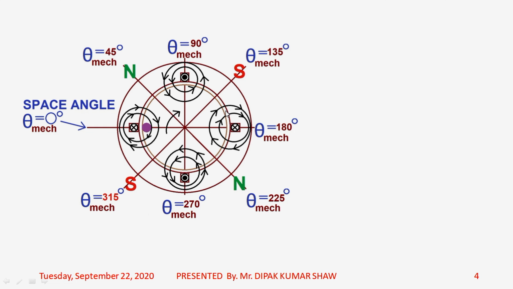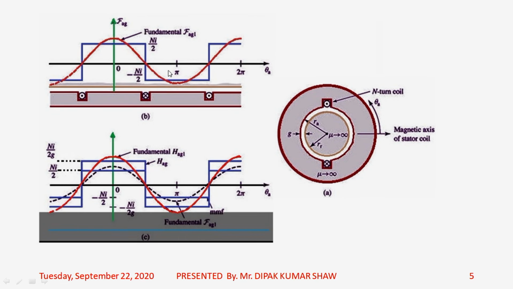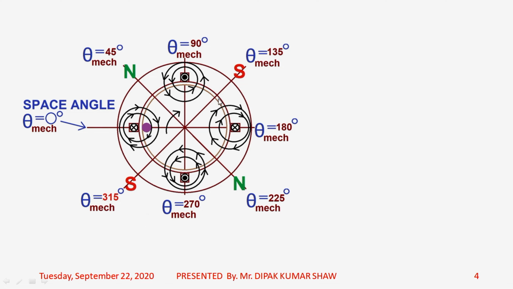I mean to say there will be a positive peak, there will be a negative peak. That is what is happening. Along theta equal to 45 degree, there is a positive peak. Along theta equals to 135 degree, there is a negative peak. So if you just complete half of the rotation, that means you have just moved from 0 degree to 180 degree,